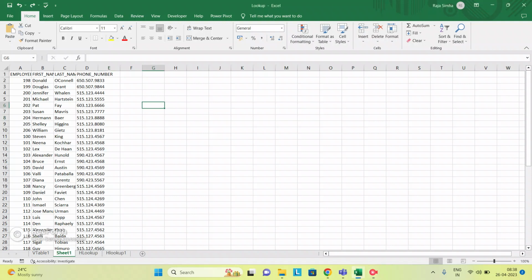Hello everyone. Today let us discuss the lookup function. So here I have some data: employee ID, first name, last name and phone number. If you see over here, you can't see each column clearly. So for that I will tell you a shortcut to how to